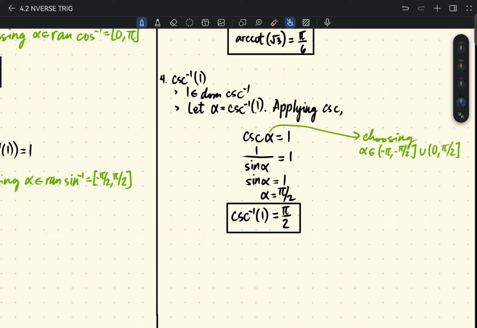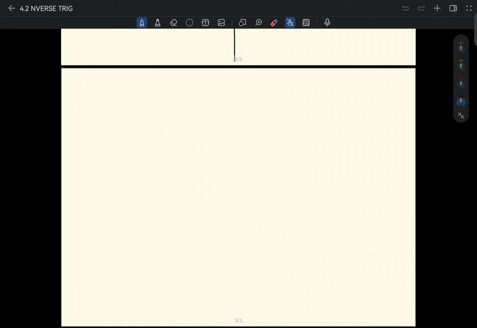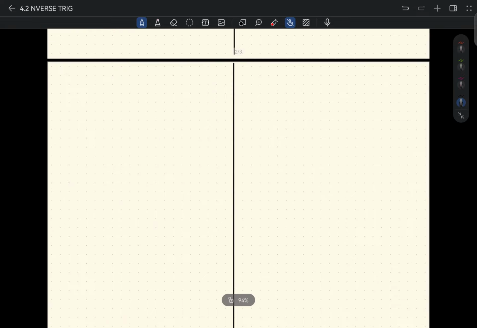For the next set of examples, this time we will be dealing with compositions of inverse trigonometric functions and your regular trigonometric functions. So let's look at the following examples. First one, let's call this number 5. Let's look at tangent